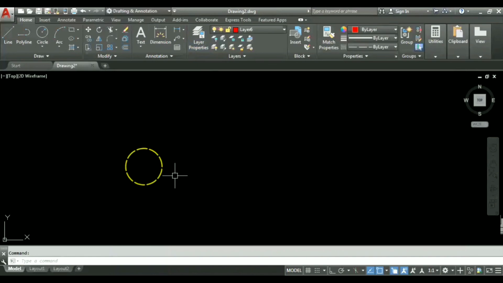I hope you all understand how layers are used. From the next lecture, we will see how we can use AutoCAD in calculation of built up area and calculation of different kinds of quantities.